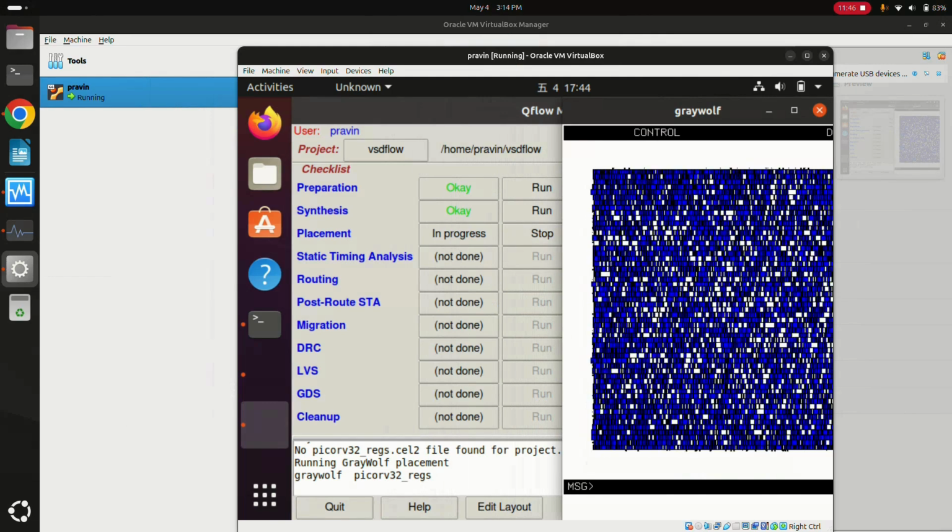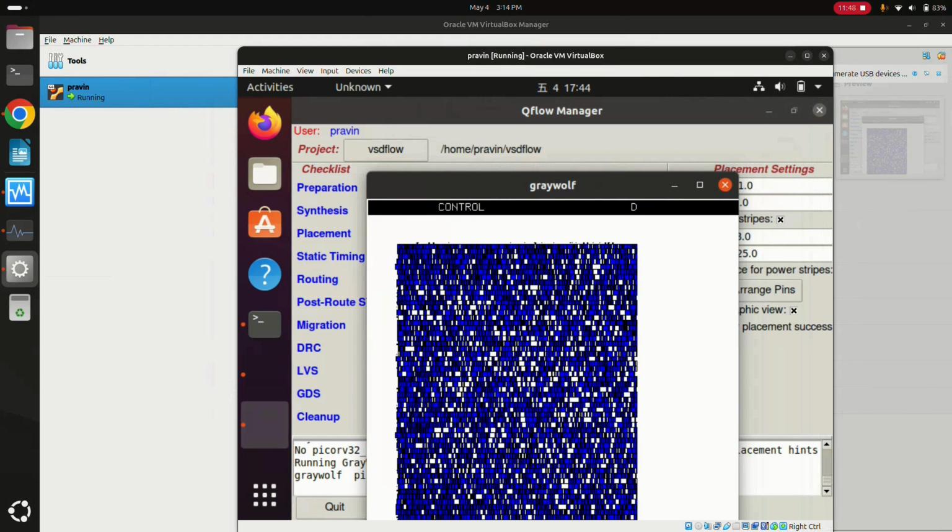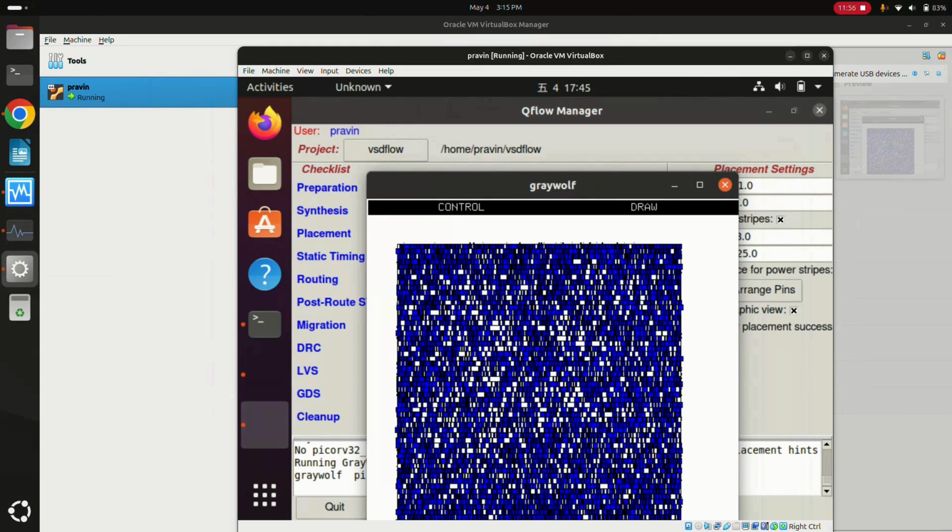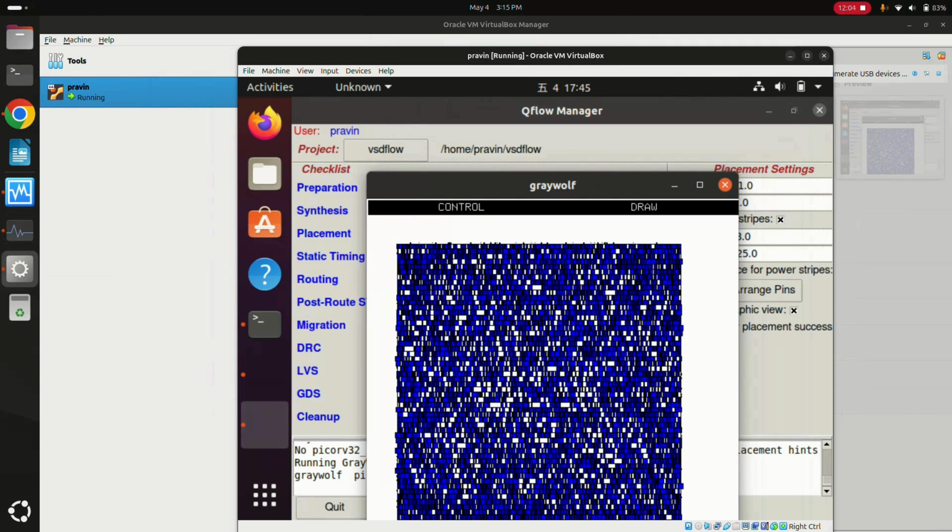You need to wait until this operation is completed. This operation will take more time. If you're using a low-end PC, it will surely take about 20 minutes, nearly 30 minutes. So just wait and run everything. If some tools fail to run, just reinstall the flow and install everything from